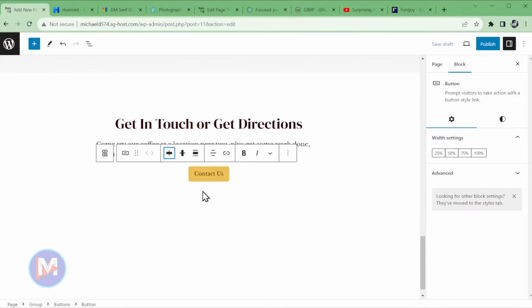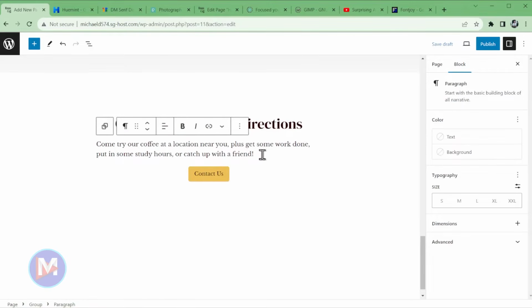Let's center up the button itself. I'm going to link this to a future contact page that we haven't created yet. So /contact, that's all you need to type. It'll automatically take you to whatever your domain name is /contact. You just got to make sure that you name your contact page contact. Let's center up this text here,